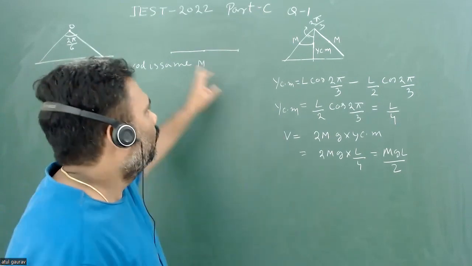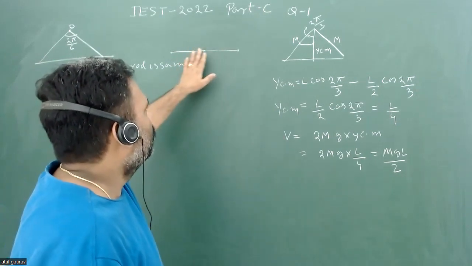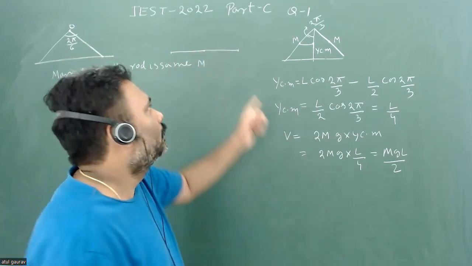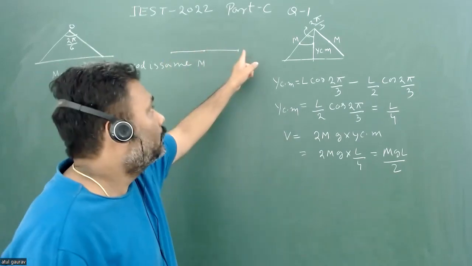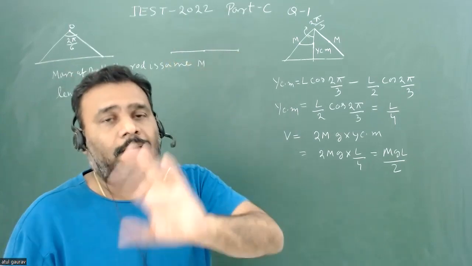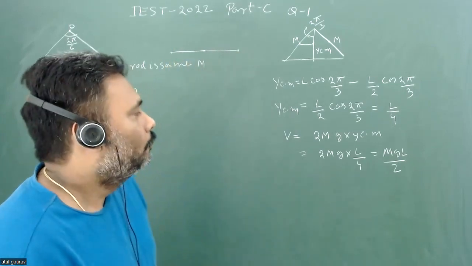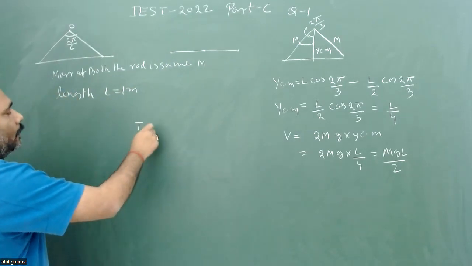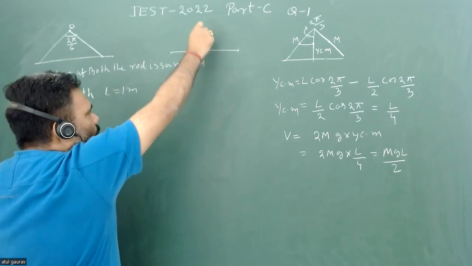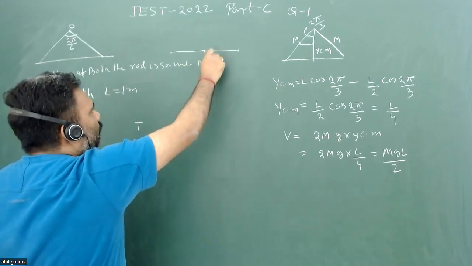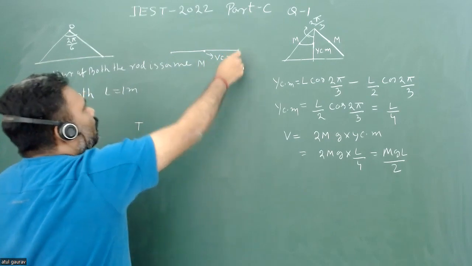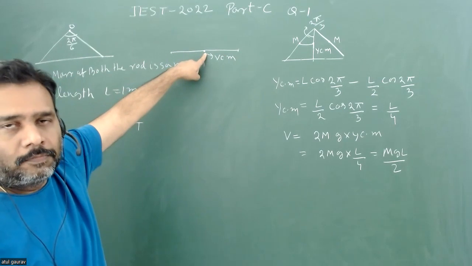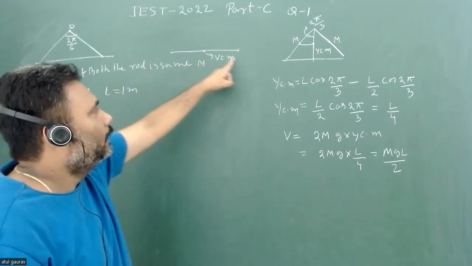And at that time when it is going flat, we can assume these two rods are doing pure rotation about their end, because this end will become rest and we have pure rotation. So we have to calculate the kinetic energy at the time when the rod is going flat. This is nothing but the velocity of center of mass. So if we calculate the velocity of center of mass when the rod is going to be flat, then we can easily